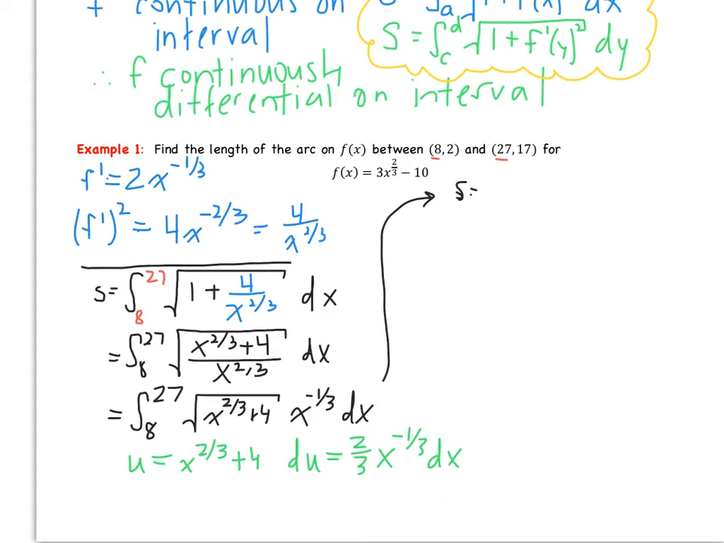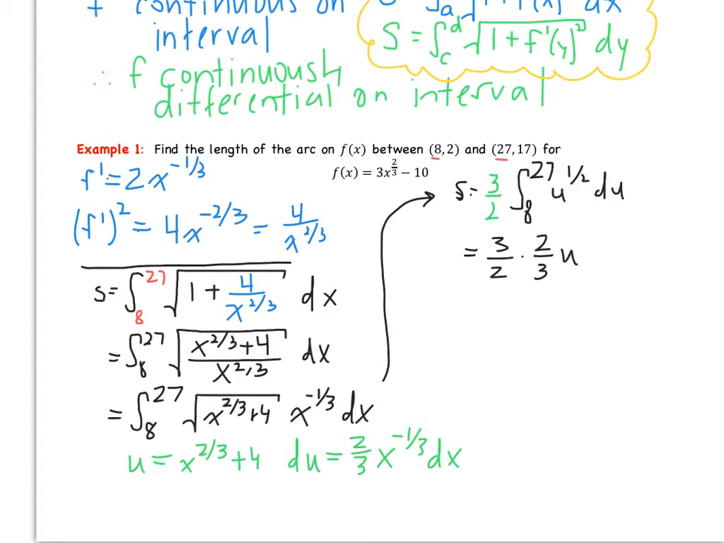Actually, sorry, let's take that back. It's going to be 3/2 times the integral from 8 to 27 of essentially u to the 1/2 du. Okay, so we're looking at 3/2 times